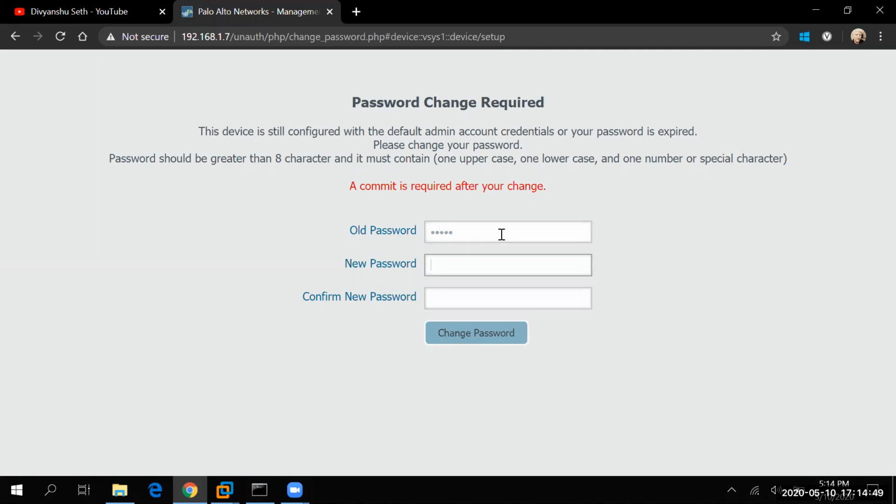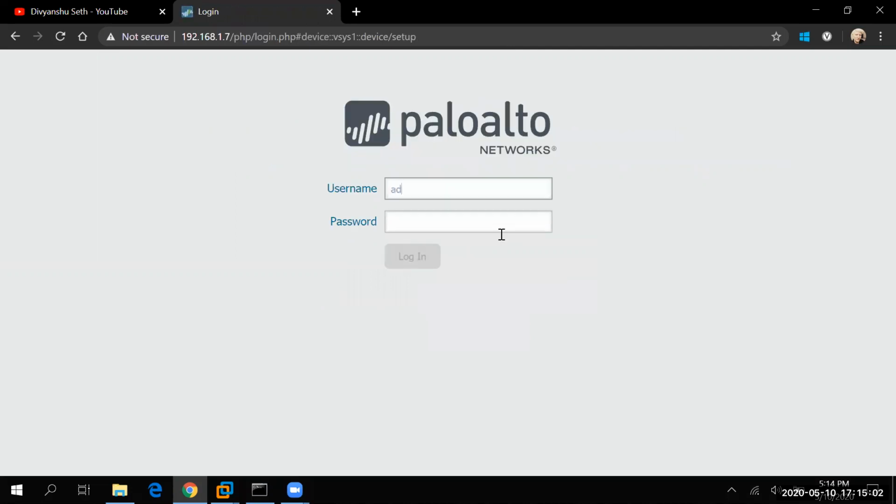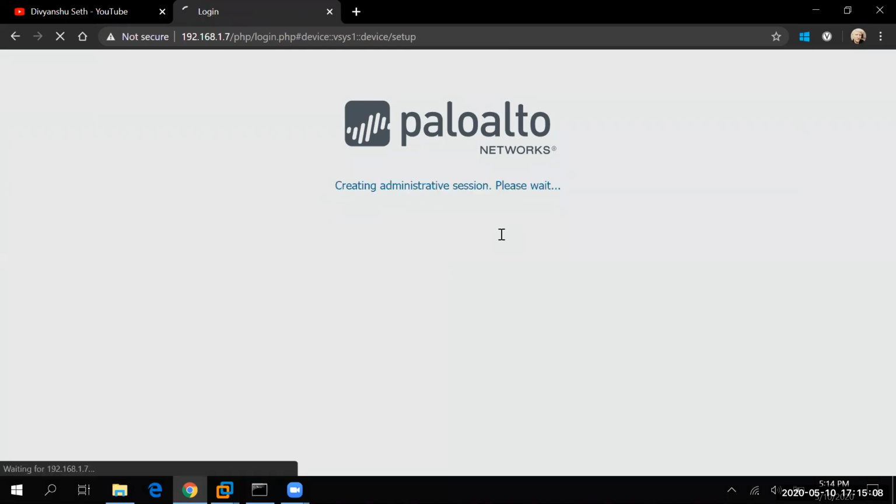Let me just type the old password, then type the new password. Let me just enter change password. Okay, so now the password should be changed. I should be able to log in with the new password only. Yes. So now I am able to log in with the new password only.